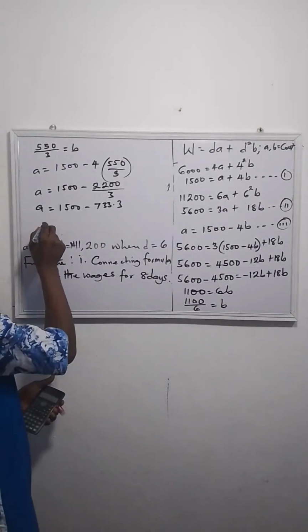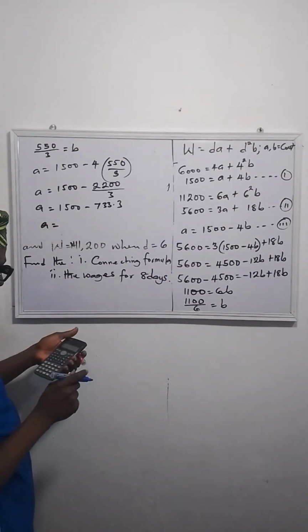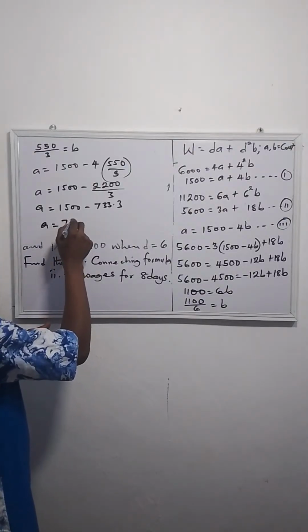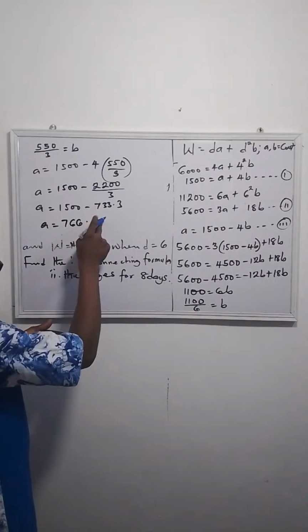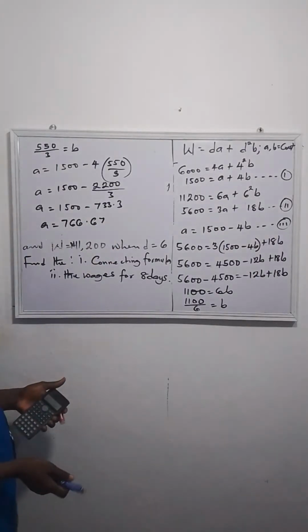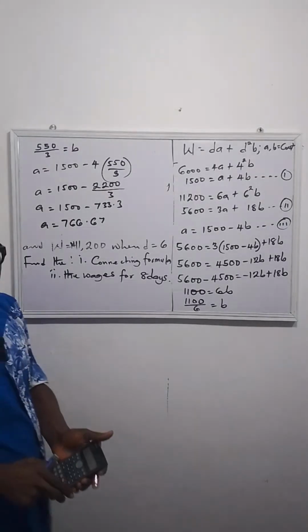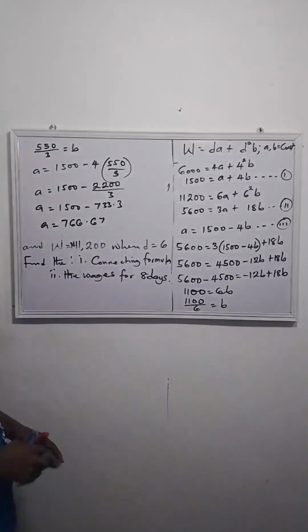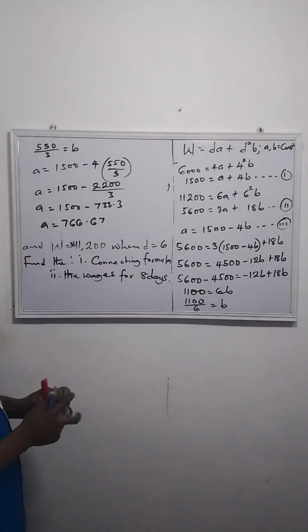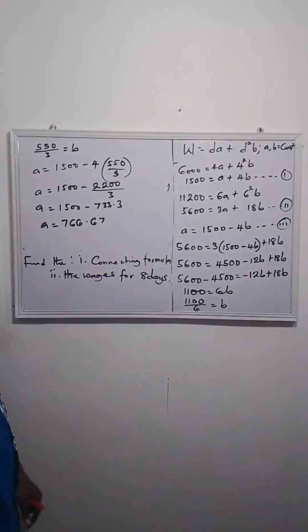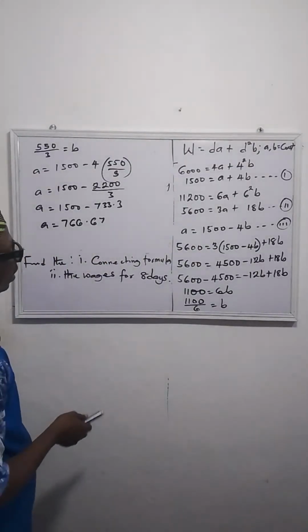We have A equals to 766.67. So that's what we have. All right. So this time around we have a decimal number. So okay, we can get the connecting formula now. So what is going to be the connecting formula? So the connecting formula here